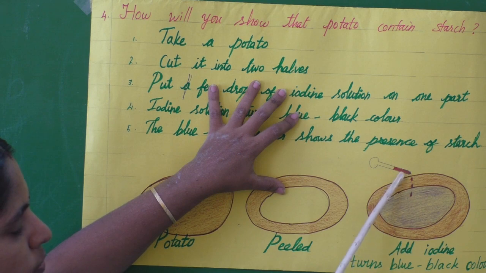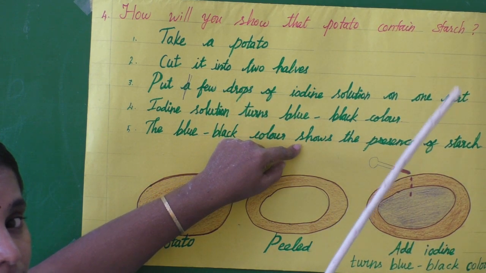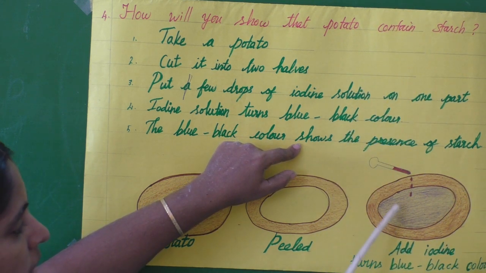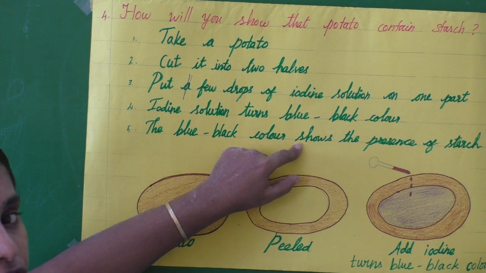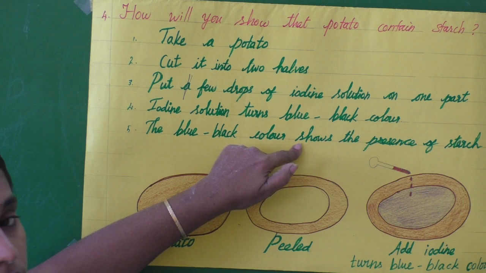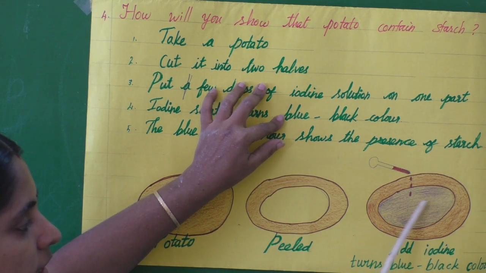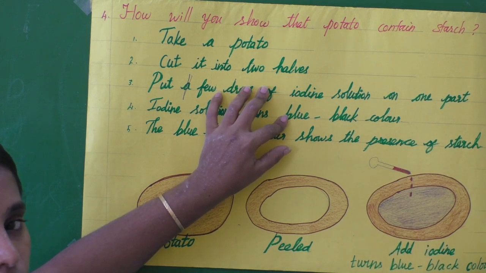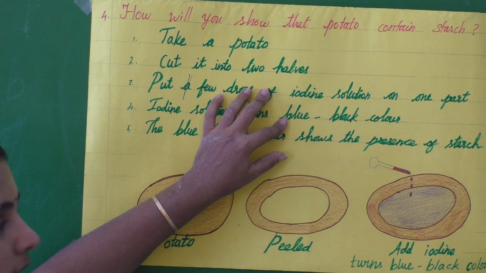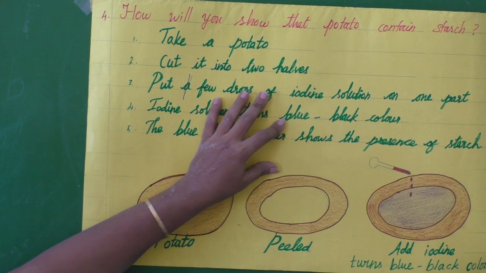Clear, children? Simply you put drops from the dropper. We call this a dropper. Drop by drop, so we call it a dropper. What is inside the dropper? Iodine solution. So no need to draw in color in your classwork note. Simply draw in pencil, but you can give the shades like this, lighter and darker shades, by using your normal pencils. Okay, then last question, fifth one.